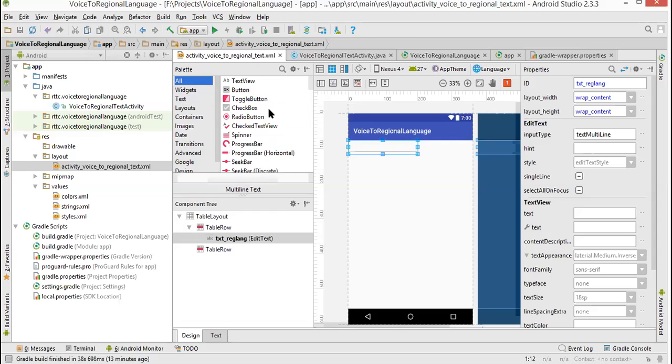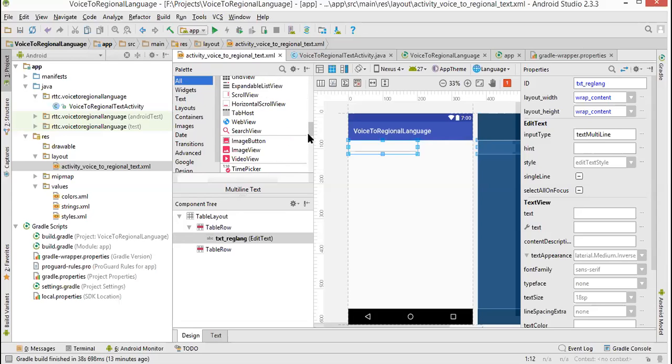All. In all, it may be there. Image button. So this image button, I am putting it here. That means the table row. It's taking some time, no?